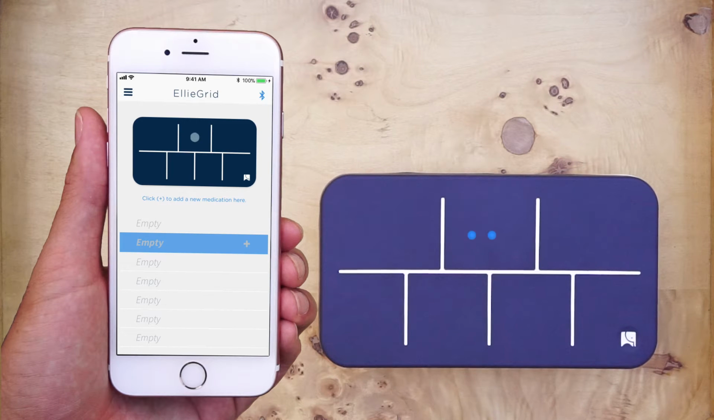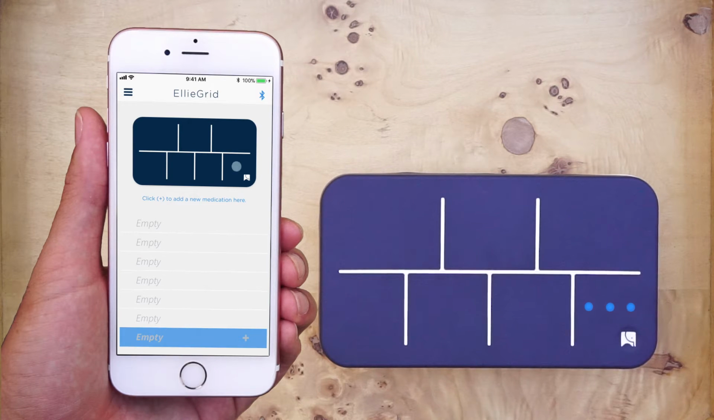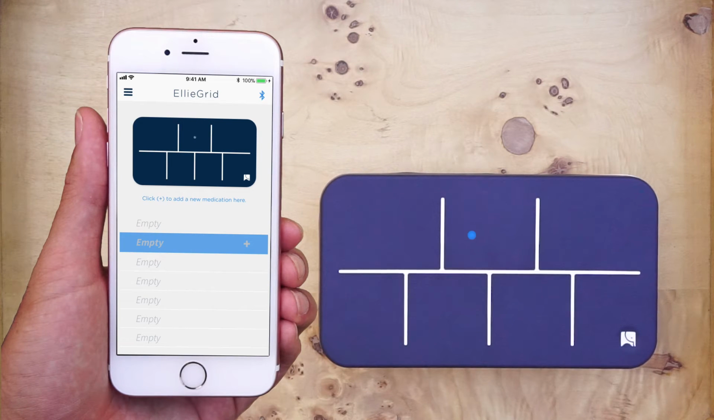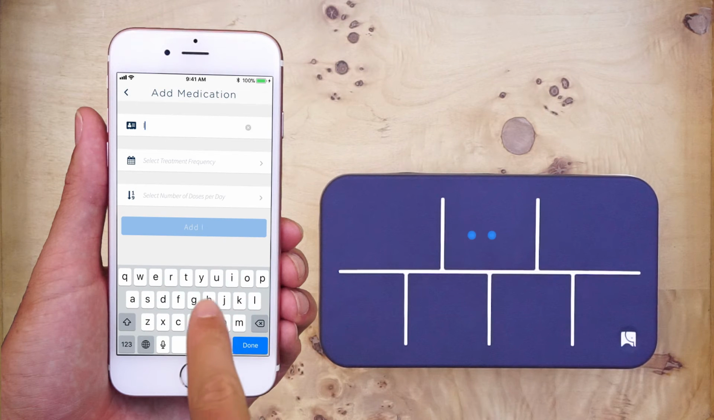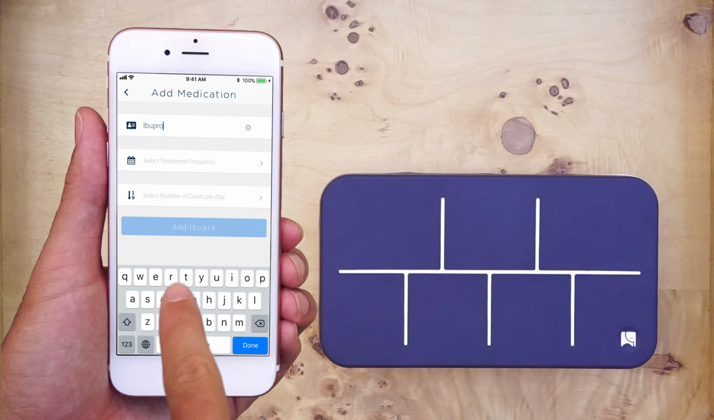As you can see, if I press the 7th line, the 7th compartment on the illustration and the physical pillbox will be selected. Now let's select the 2nd compartment again and add pill information by pressing the plus sign. You can proceed to type the name of the pill you're adding,